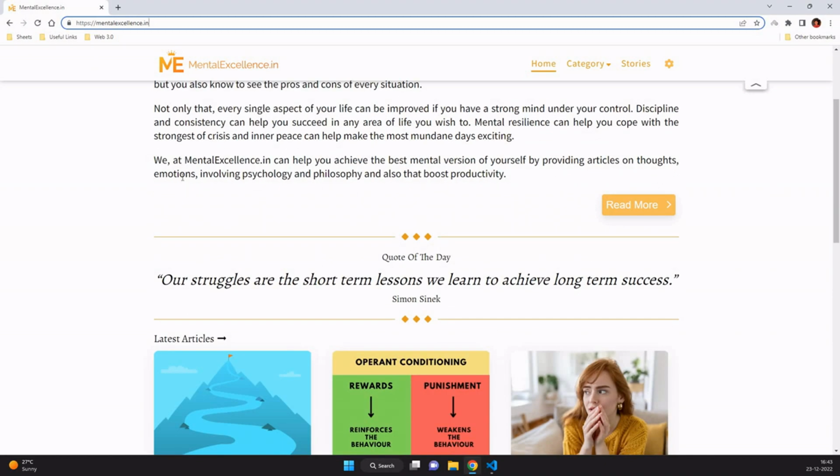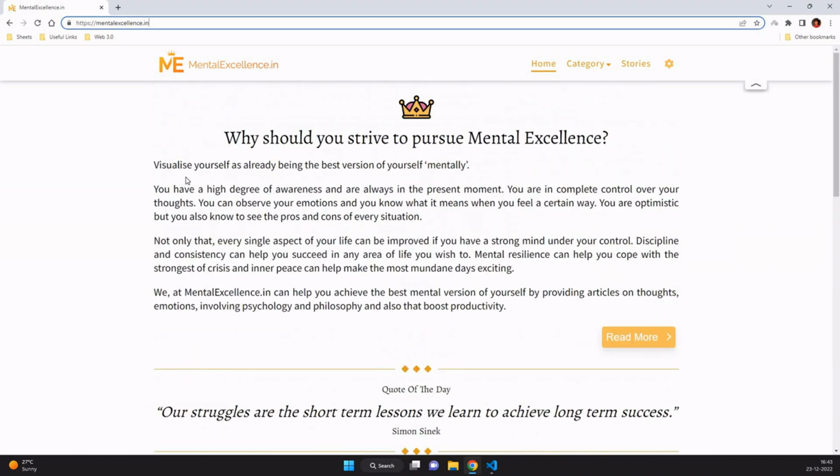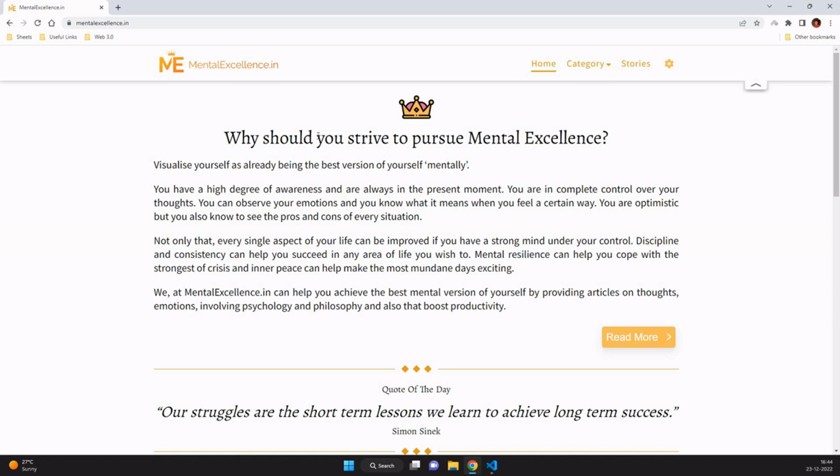This is the home page, which consists of different components. Then there is the article page, which again comprises different components. So I'll be going through every single component that is there, and I'll be showing you how this blog slash website works. So once you click on the website, we have come to the